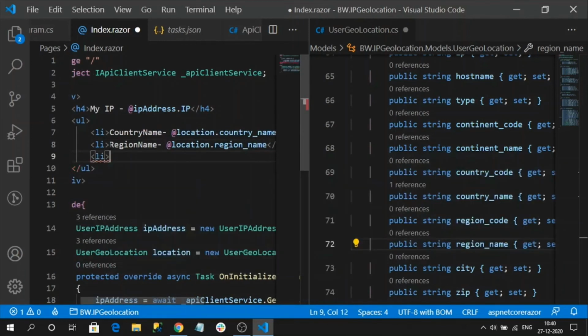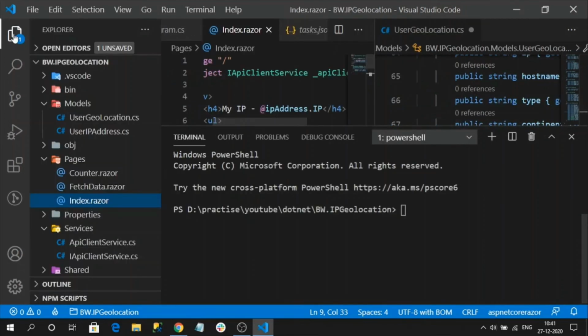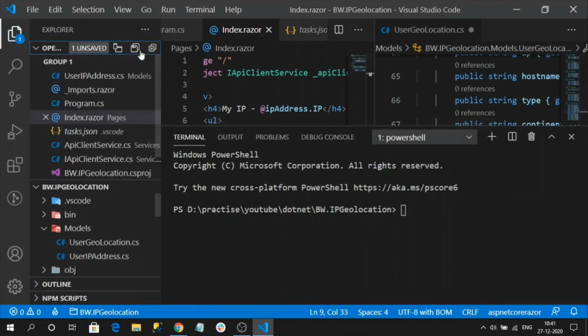Next li, I am going to city name, the location dot city. I think we are good enough. Okay, let's save all and rerun my build.